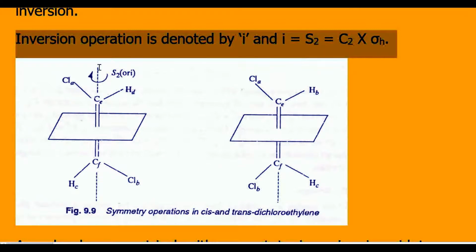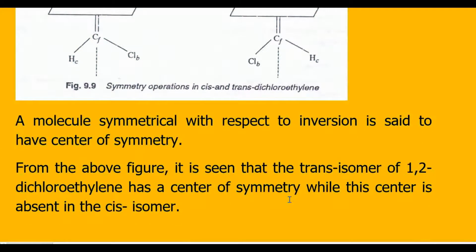Now what happens? First you have to perform a rotation of 180 degree, and this is your axis. So you are rotating like this. So what will happen? H will go this side and Cl will come this side. The same thing will happen to here also. And then you have to perform a reflection through a plane which is perpendicular to the axis. So what happens? This entire set will go downside and this entire set will come upside. The same operation has to be performed over here also. I am going to show it to you using the 3D videos. Before that, we will have some discussion on the inversion operation.